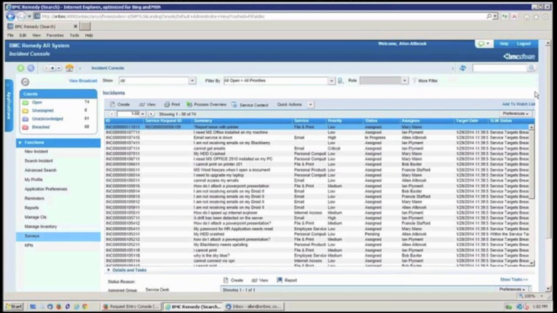So what we're going to do again today is talk about incident management. And of course, most everybody out there is going to be a Remedy user. You guys already know how to create an incident and what you can do there. So what I thought I would concentrate on today was to talk about maybe some features that are available to